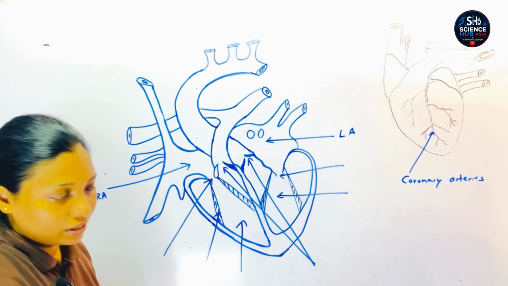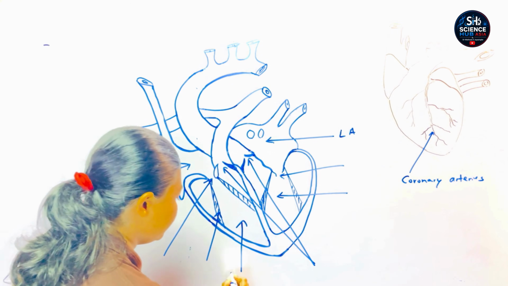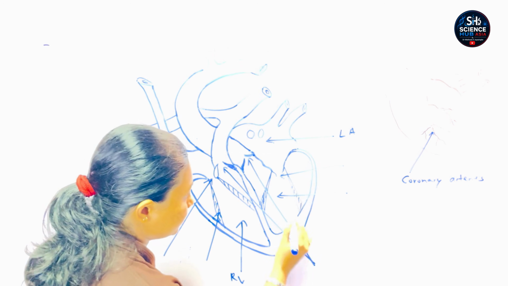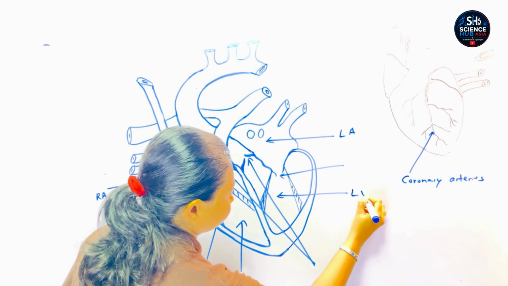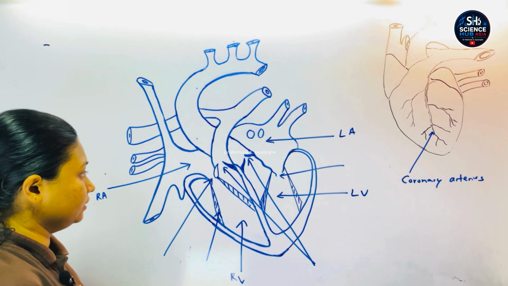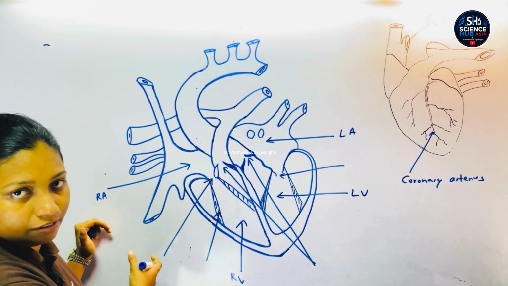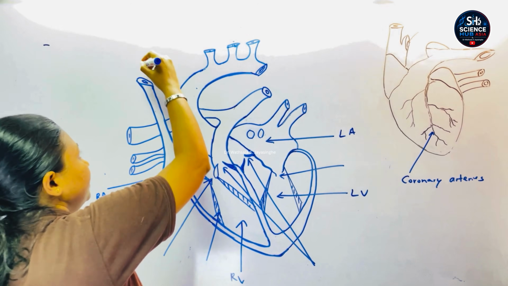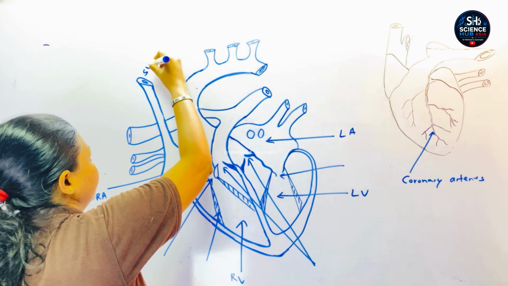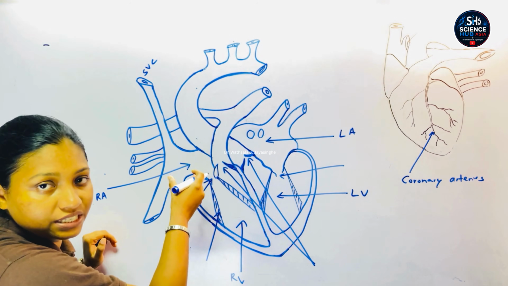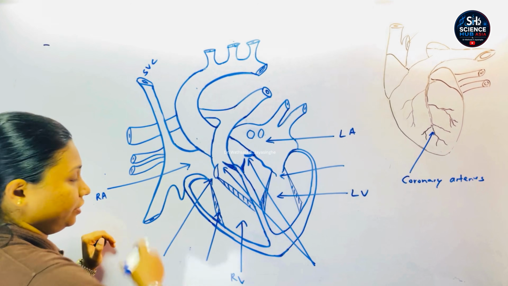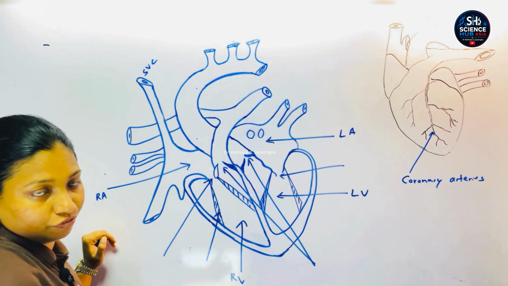Below chambers are known as ventricles. So, this is the right ventricle, this is the left ventricle. Okay. And now, to the right atrium, we already discussed superior vena cava. Superior vena cava is bringing deoxygenated blood to the right atrium, and from the inferior part of the body, that